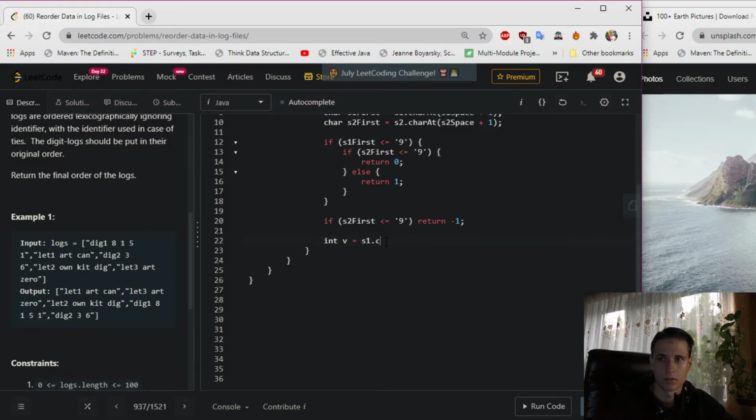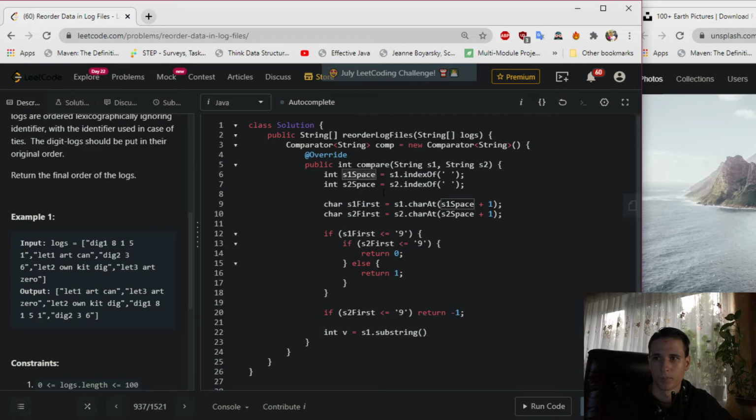You say s1.substring from the position of the first character + 1, compareTo s2.substring s2 + 1, and if they have the same number of characters, meaning v is equal to 0,